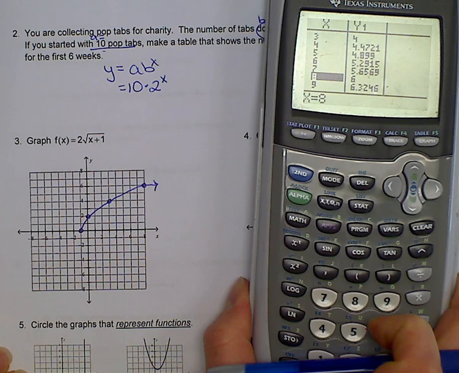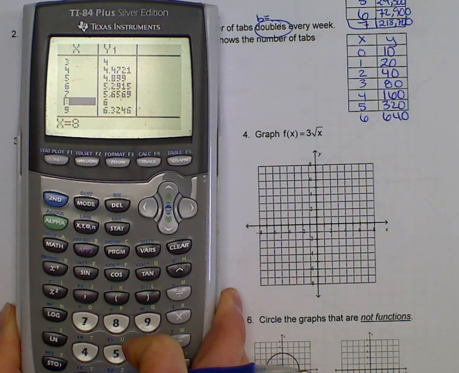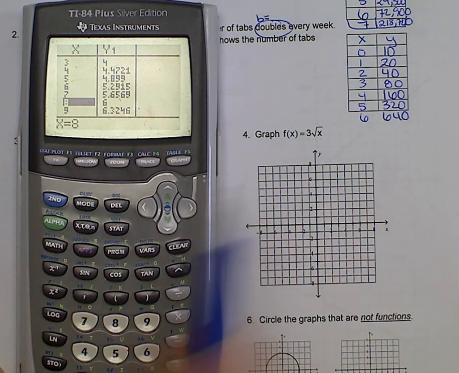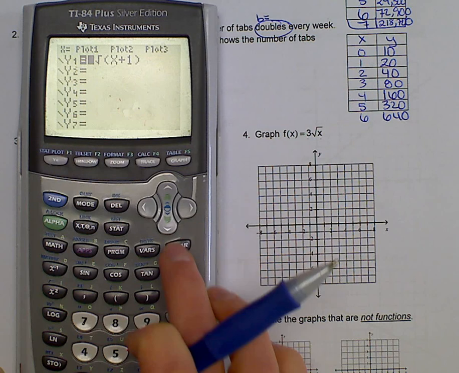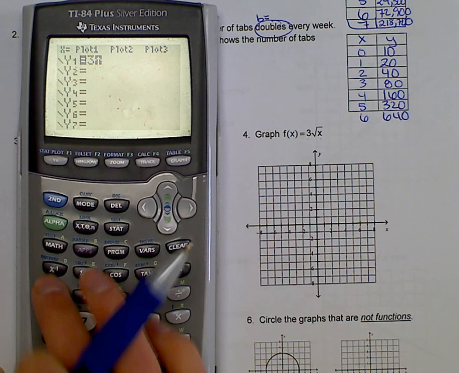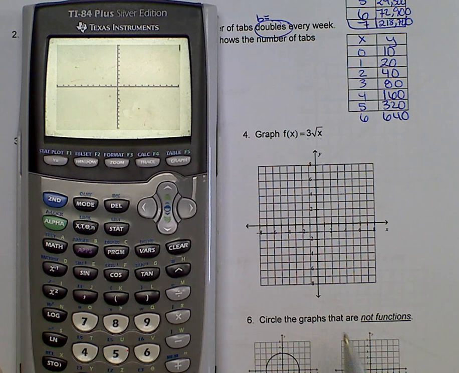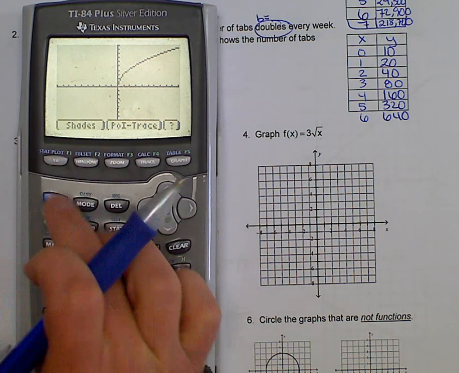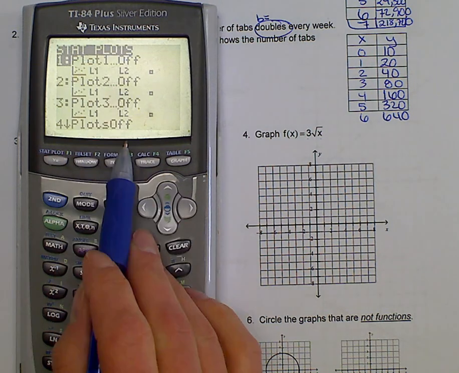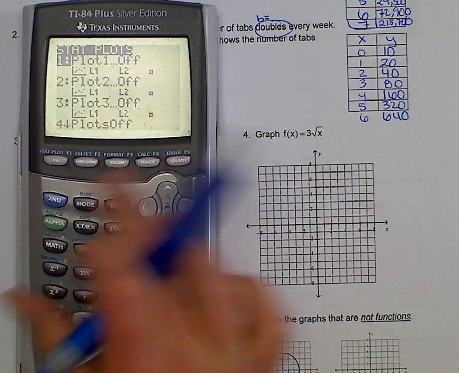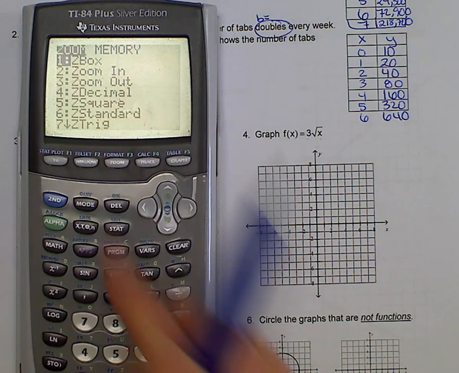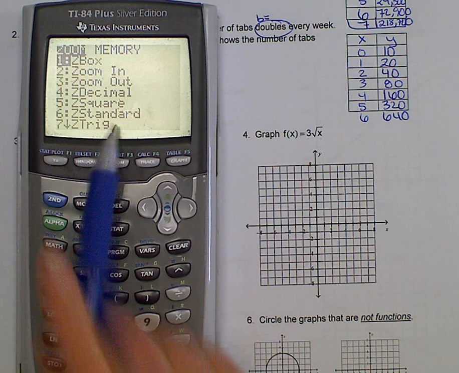Number 4, our graph is 3 times root x. So I'm going to go into my y equals. I'm going to type in 3 times the square root of x. I'm going to take a look at the graph first. Remember, if you don't see the graph, there are a couple of things to check. Make sure that your stat plots are turned off. The other thing to do if you don't see the graph is to hit zoom and then number 6 for